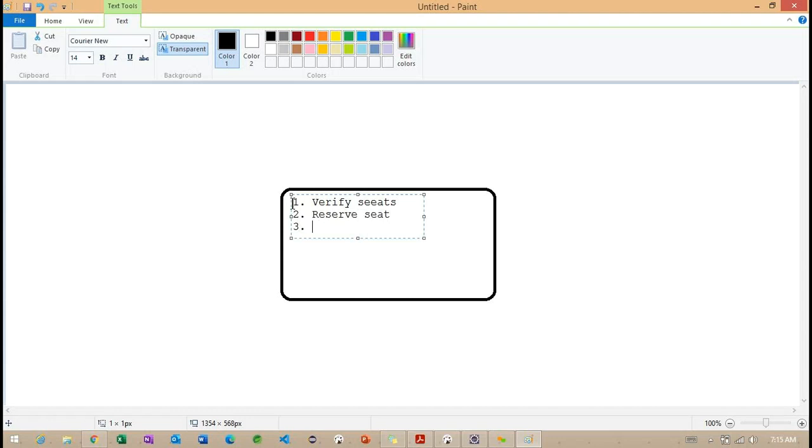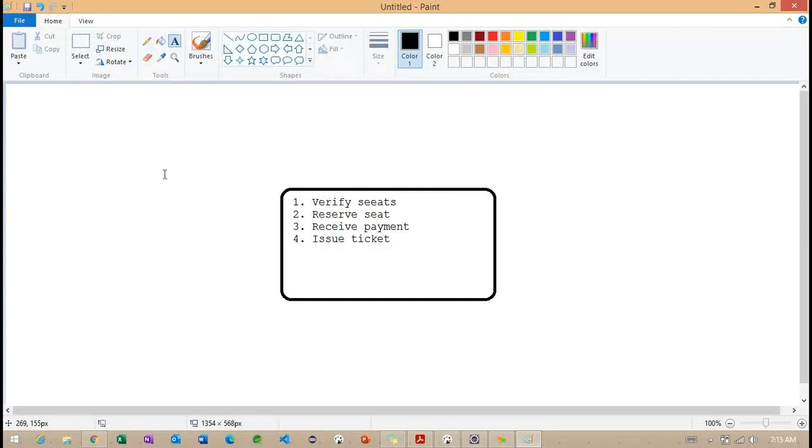Third one, receive payment, and fourth one, issue ticket. Getting the point? These are the four operations we are going to perform. And from here we are going to purchase the ticket.